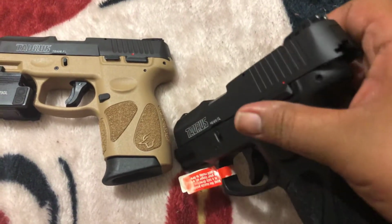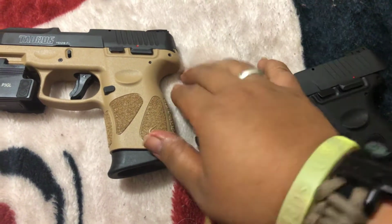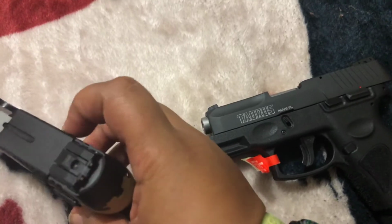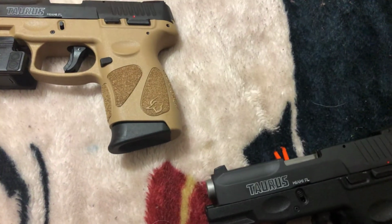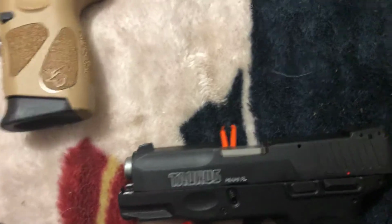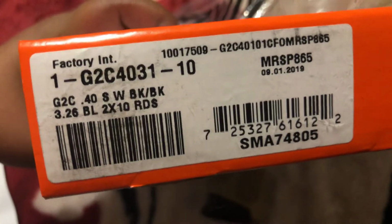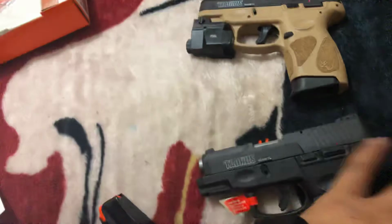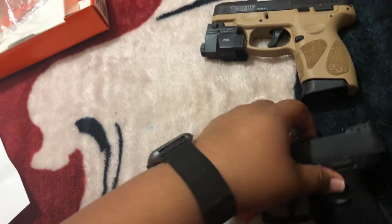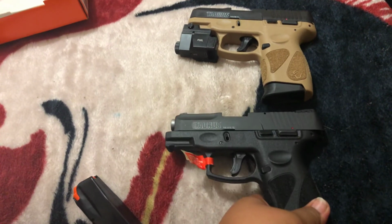I still feel like this sample right here has a more aggressive serration, and I don't know if that's just this sample. Like I said in my other video, I have been noticing some different things. I believe this has a born date of, oh wow, 1/9/2019. So these two were made around the same time, and that's interesting. So I feel okay with these serrations, but again, Taurus has just really started to push the .40